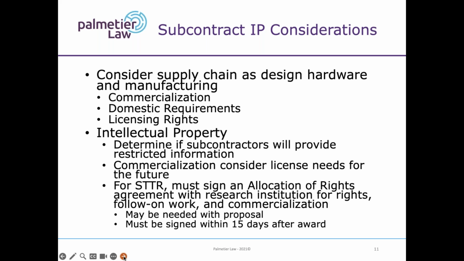With an STTR, which is the SBIR program with which you have a research institution as a primary partner, instead of having an IP license between the two of you or clauses that deal with your IP, you have to sign an allocation of rights agreement. There is a template. I will say I'm not sure I've ever had a research institution sign any of the government templates without changes. It is modifiable. It is not a mandate that it's word for word, but it basically says what level of rights you will receive to their background IP, their foreground IP, the IP created in the performance of the contract.